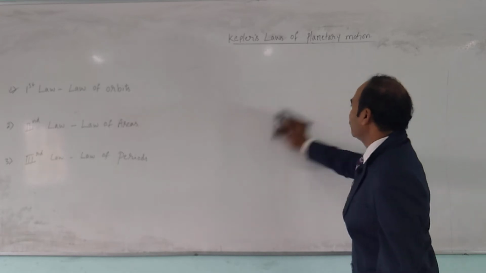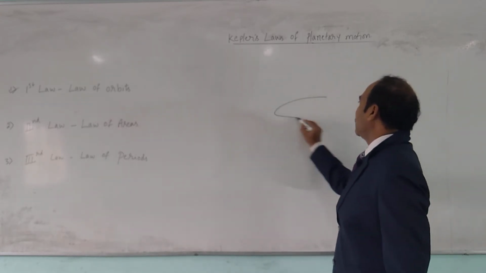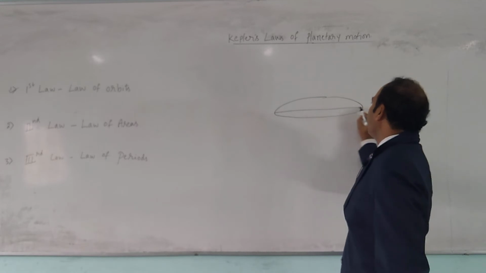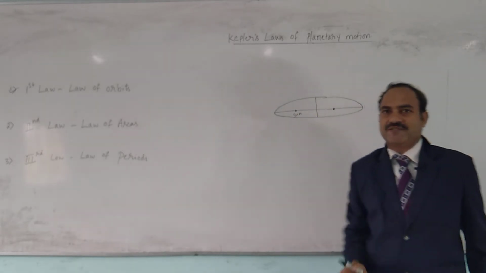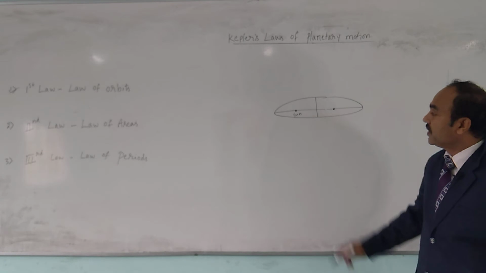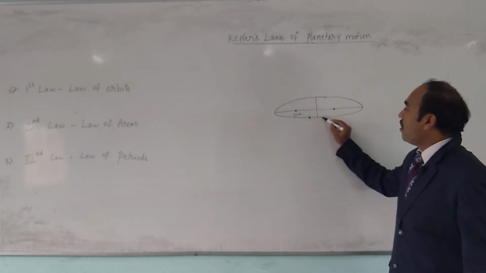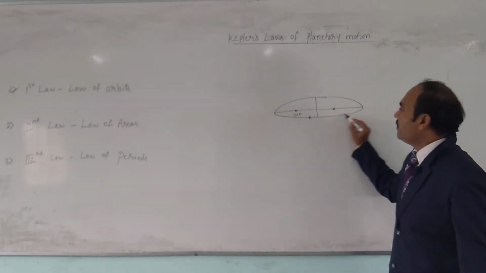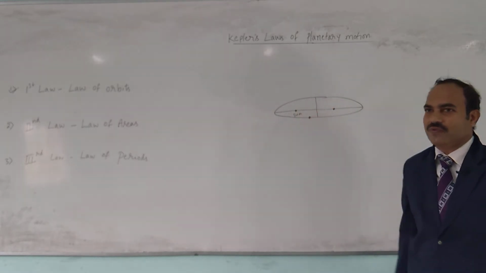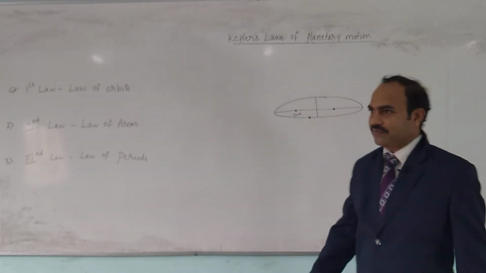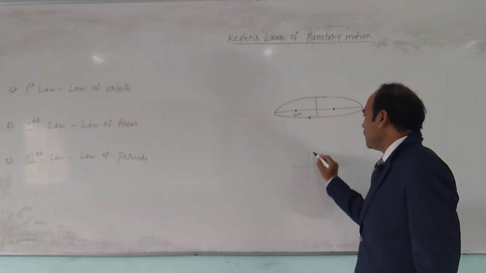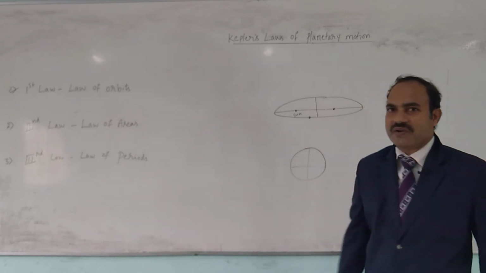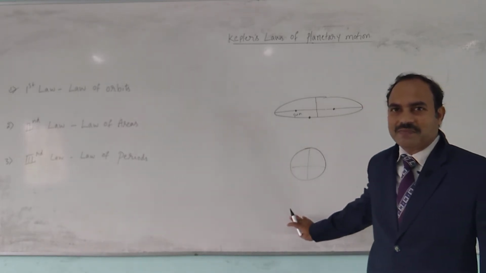Consider such an ellipse with two foci. Here is the diagram of the ellipse, with the major axis and minor axis. There are two foci. Let the sun be at one of the foci. The sun does not shift its position from one focus to the other, right? Every planet moves around the sun in an elliptical orbit with the sun at one of the foci. This is the statement of Kepler's first law. Suppose the length of the major axis is equal to the minor axis, we end up with a curve we call a circle. So a circle is a special case of